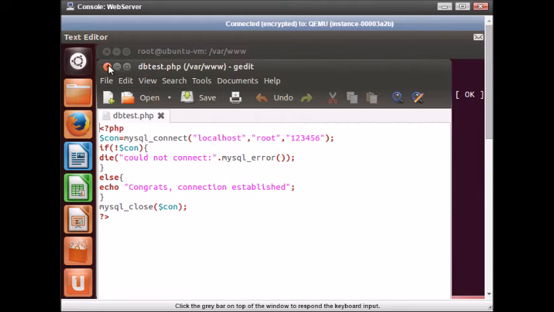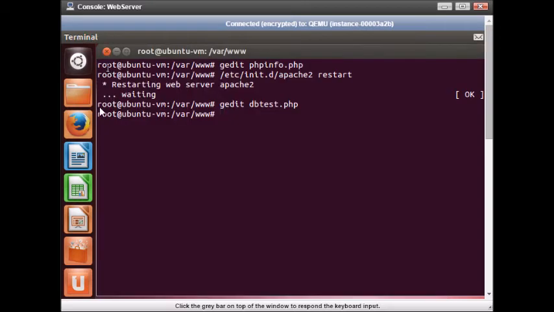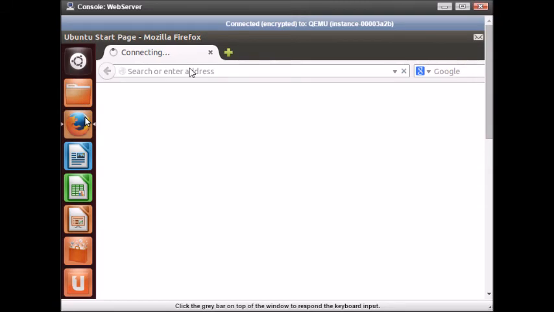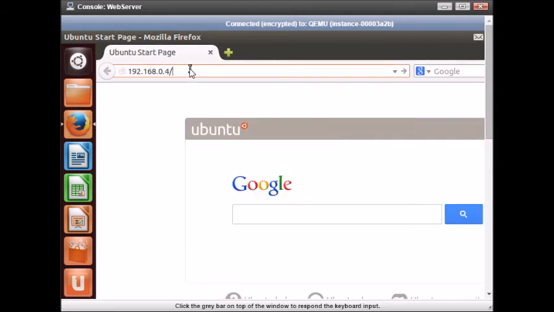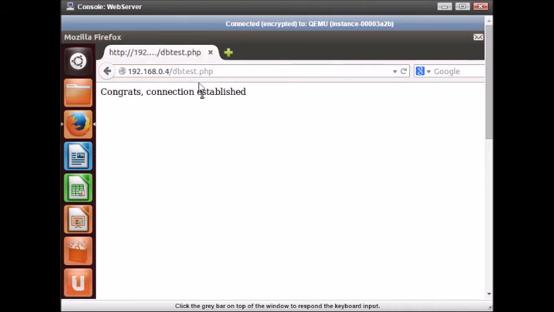So if it works, then this confirms that we've installed MySQL and PHP. So we open dbtest.php on the browser. So here it says connection established, that means MySQL has been installed correctly.